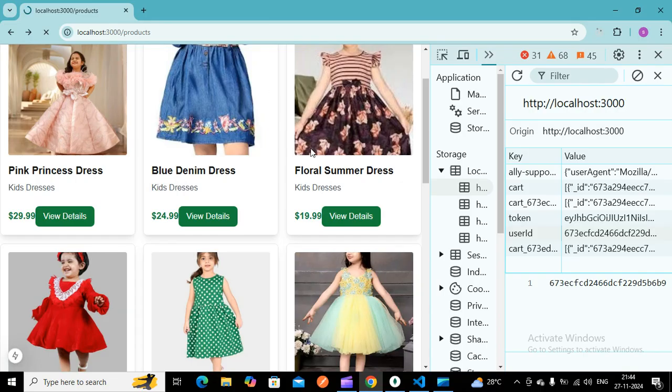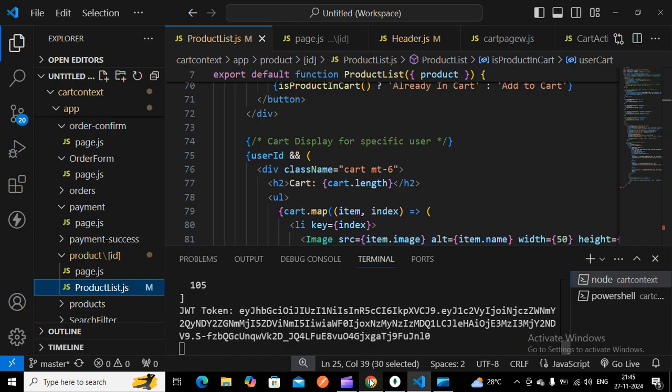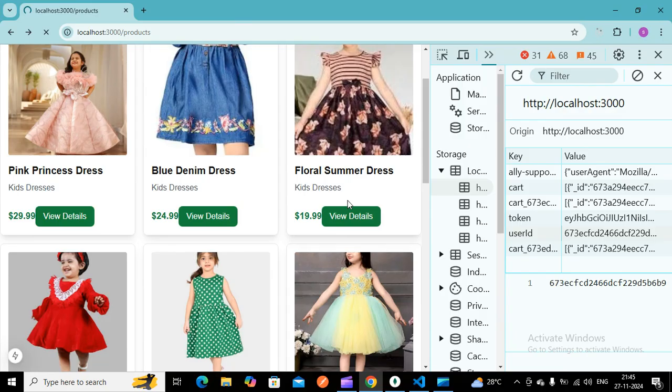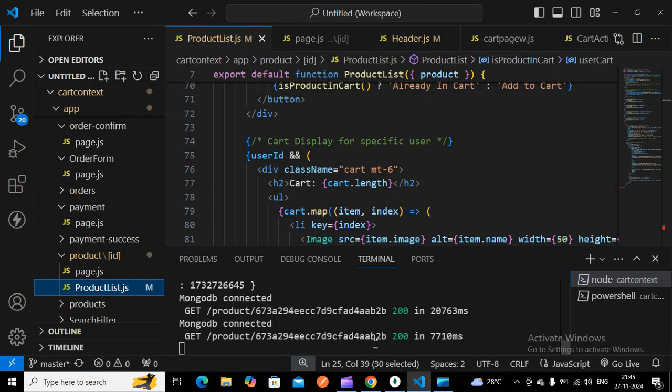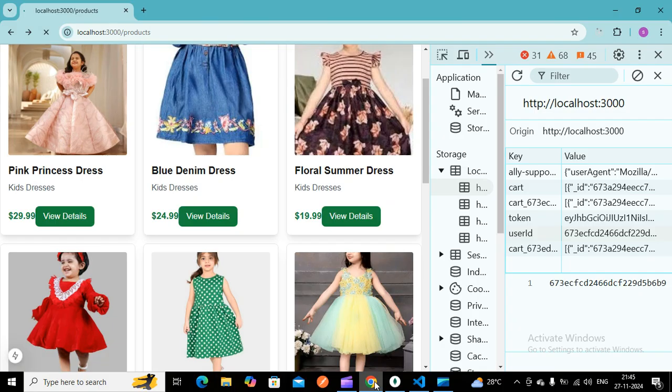So it's loading. So you are getting this particular user product information.